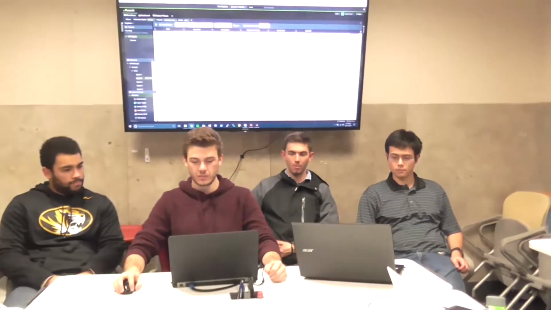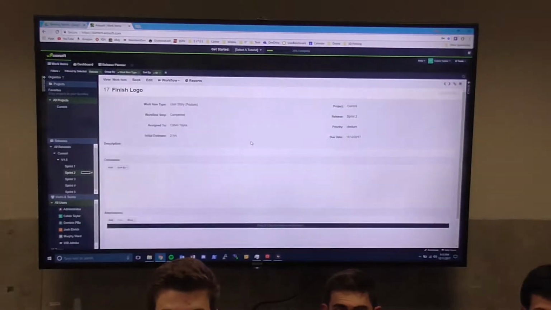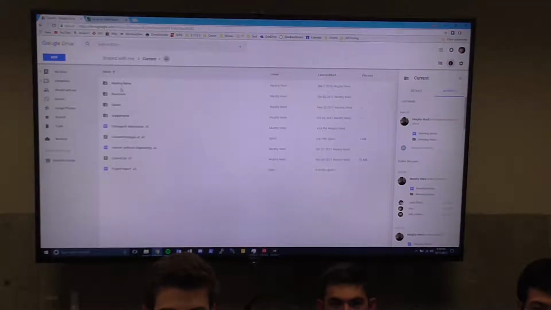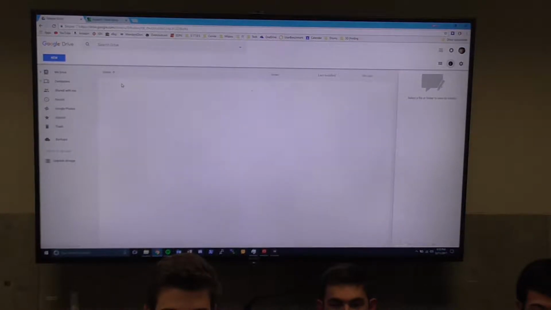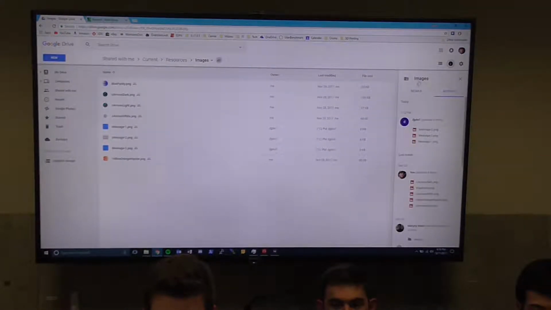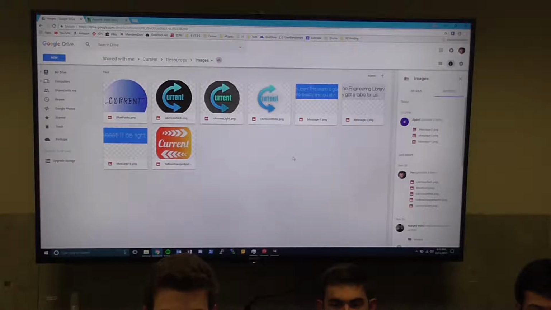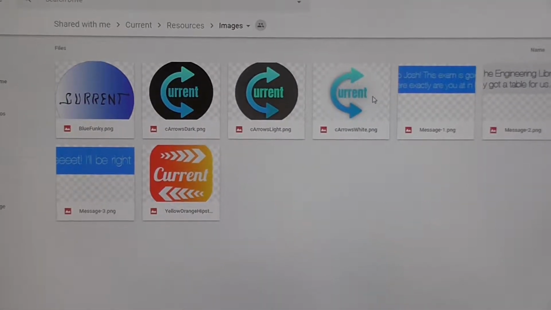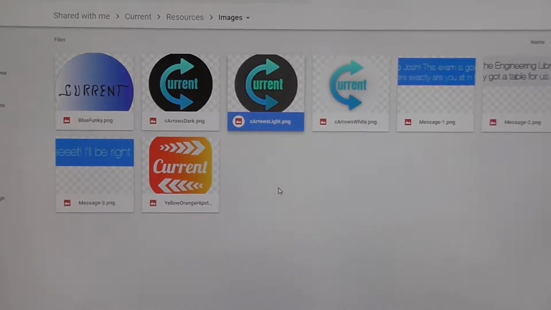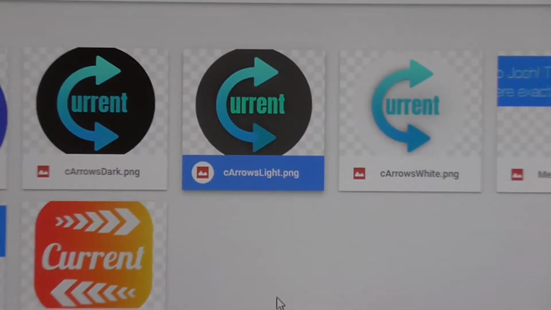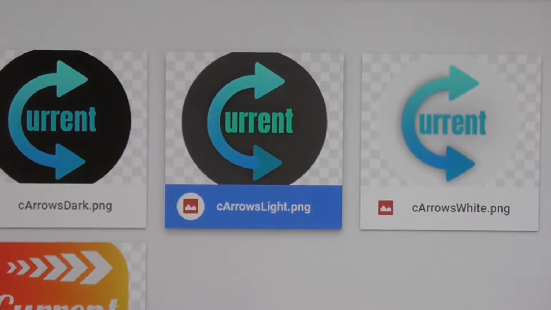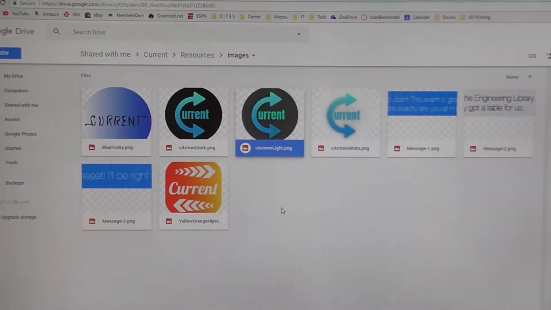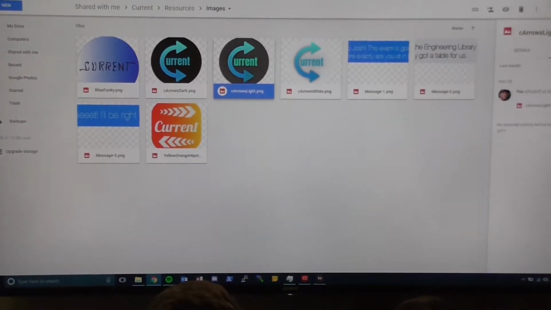All right, and Calvin. Yep, so this sprint, I had a bunch of different variations of logos that I had made. I just had to decide which one we were going to use, and pitched some ideas to the group. We ended up going with the darker gray one with the blue and turquoise color tones. Yep, so that was it.